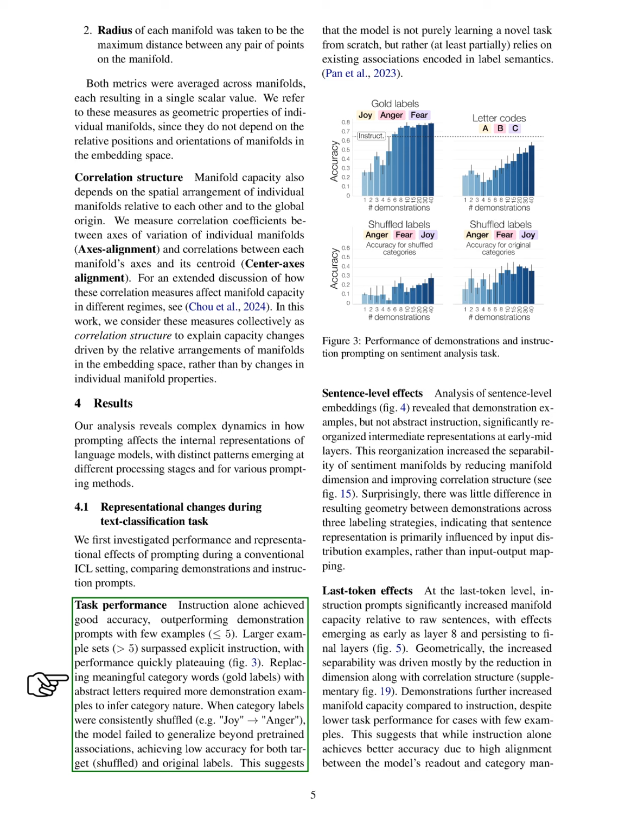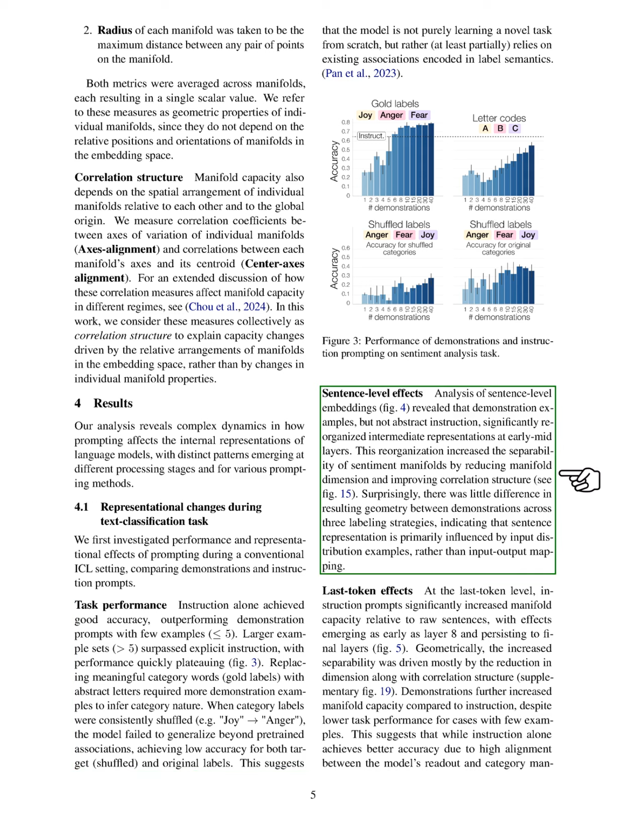new tasks. At the sentence level, we observed that demonstration examples reorganized intermediate representations significantly, enhancing the separability of sentiment manifolds by reducing their dimensions and improving correlation structure. Interestingly, the geometry resulting from demonstrations was similar across different labeling strategies, suggesting that the input distribution examples primarily influence sentence representation. Regarding last token effects, we found that instruction prompts increased manifold capacity compared to raw sentences, with noticeable